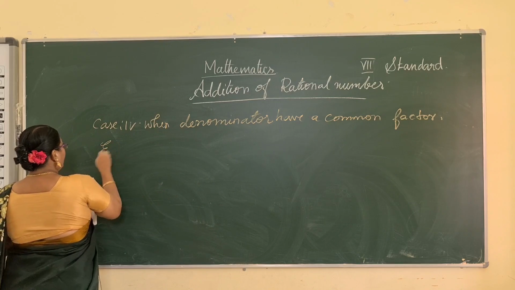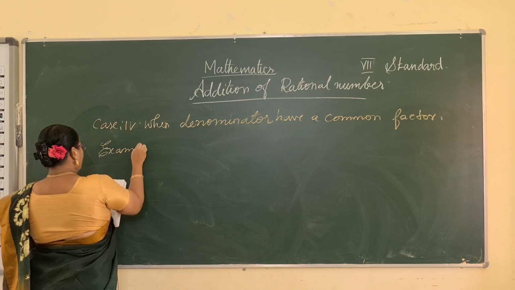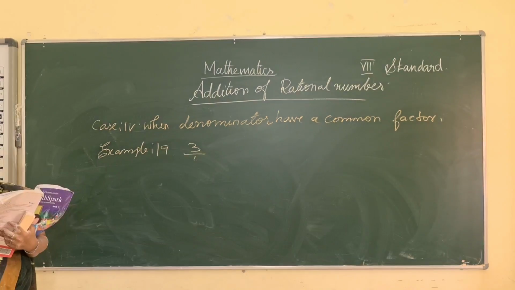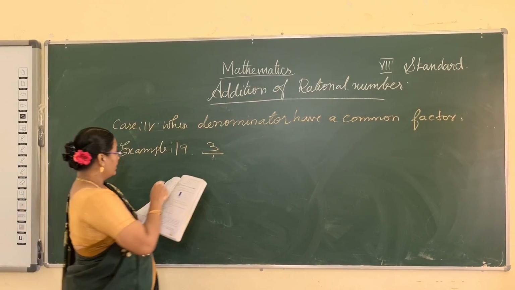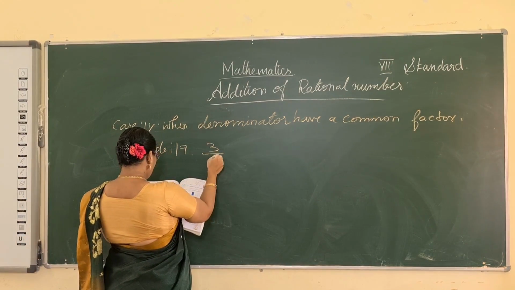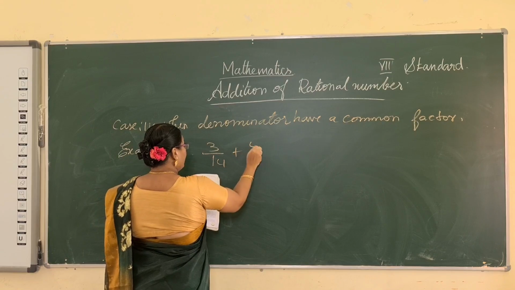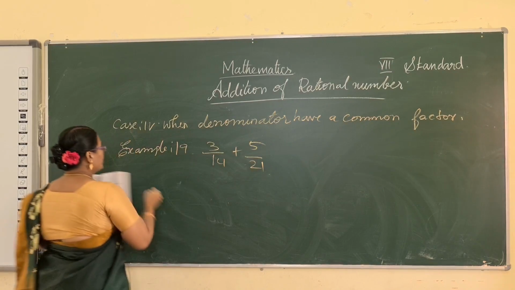So example 19: 3/14 plus 5/21. Solution: